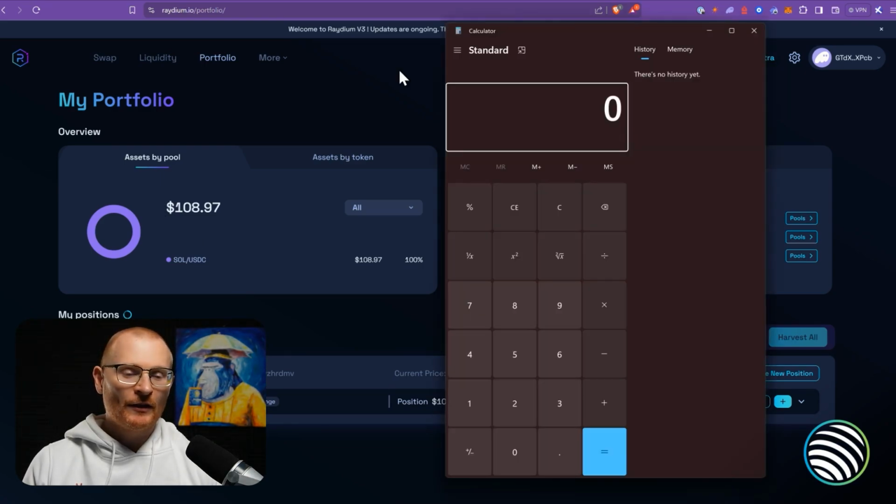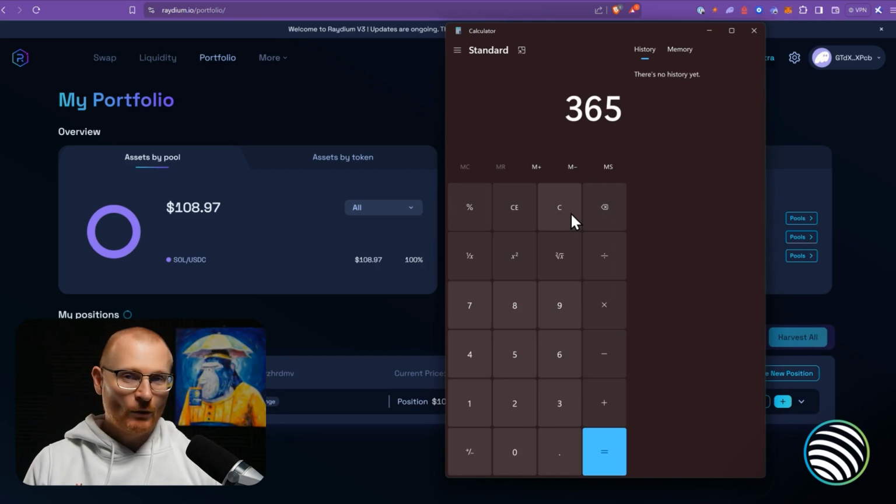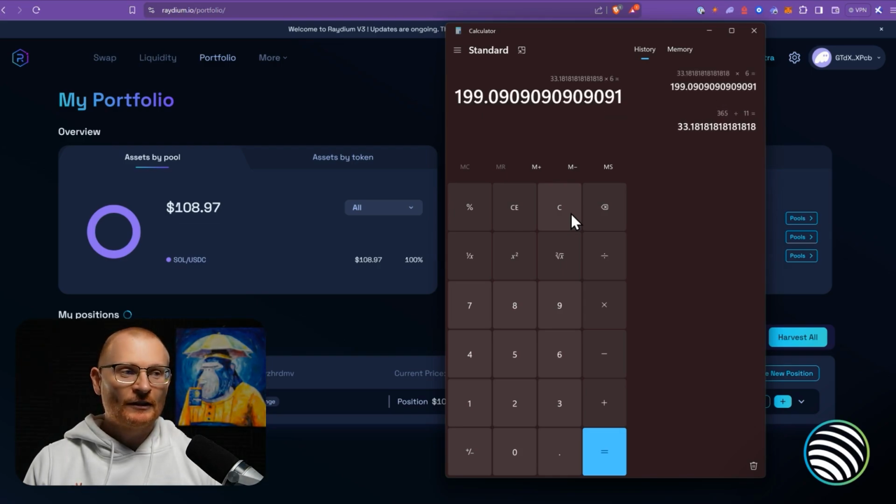Now, I'm very well aware that earning $6 is not a crazy amount of money. We earned $6 in 11 days. So if we just do a little bit of math, one year, 365 divided by 11 days, and if we take 33 and we times that by $6, we're basically earning, at present rates, $200 a year based on an initial investment of $101. Because if we look at it like that, we're actually earning 200% APR. And if we compound the position, in other words, add more liquidity into that DeFi position, it'll actually be more than 200%. However, this is based on current trading, and of course, trading could increase or decrease and impermanent loss could set in as well.